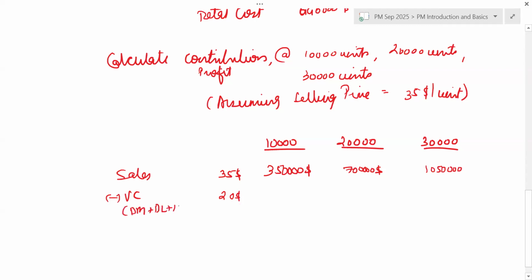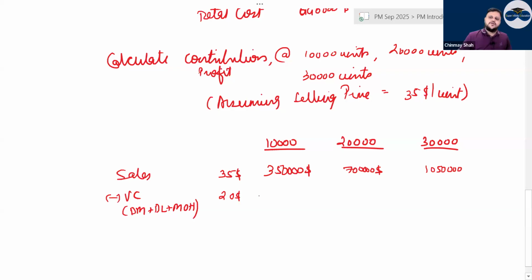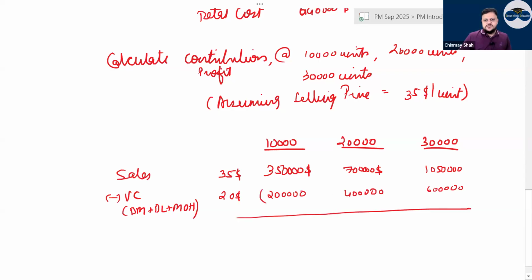$20 plus direct labor plus machine overhead. Correct? Hmm. $20. So 200,000. Correct? 400,000 और ये कितना है? 600,000. बराबर है. Sales minus variable cost gives you contribution. बोलो कितना है? 150,000. Now if I say per unit contribution is how much? $14. 14 है कितना? 15 है ना, सॉरी, $15